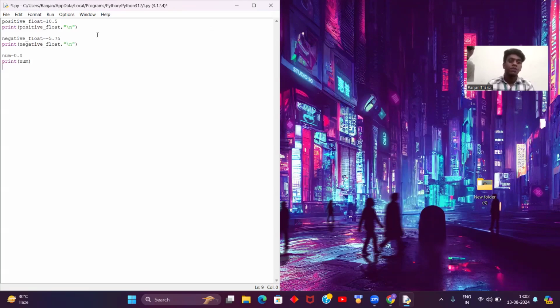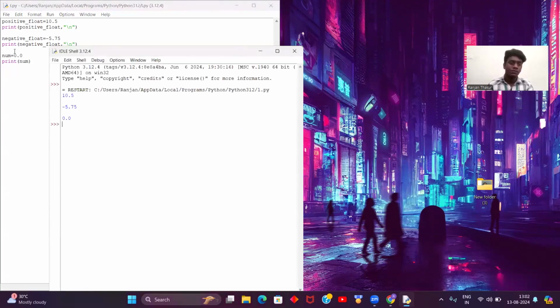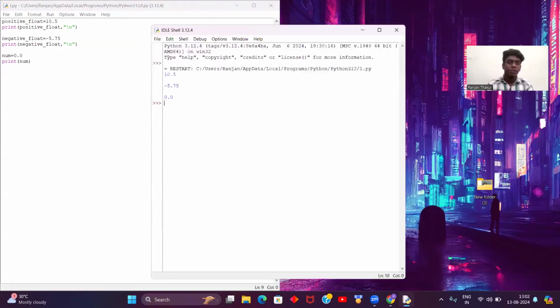By writing positive_float 10.5 and print positive_float, we will get the output for the positive float. Then negative_float 5.75, print negative_float, we will get the output for the negative float. And by writing num 0.0, print num, we will get the output for the zero float. Now let us see the output. 10.5 is the output for the positive float, negative 5.75 is the output for the negative float, and 0.0 is the